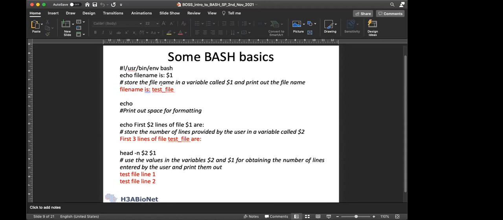So basically what I'm doing is I'm storing the file name in a variable called $1, and I'm printing out the file name over here. Print out a space for formatting, and then store the number of lines provided by the user in a variable called $2. And the first 3 lines of the file are, and then I'm asking it to head -2 and $1. And then use the values in variables $2 and $1 for obtaining number of lines entered, values, and print